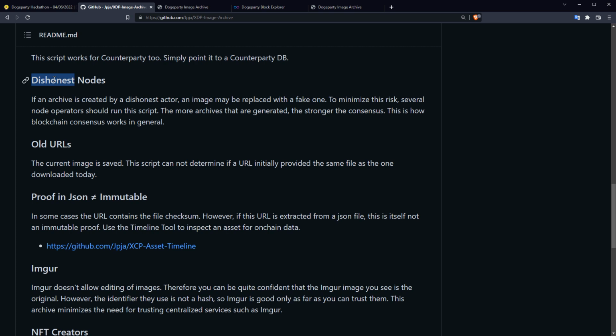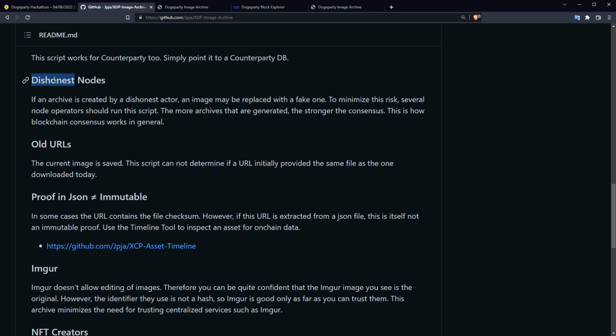So in order for something like this to work perfectly, you would need several node operators to run this archive, and then you'll get a consensus. And if the majority of nodes are honest, you'll see that the majority of nodes think that this is the URL for NFT X, or this is the image of NFT X,